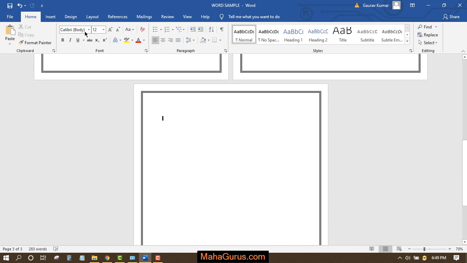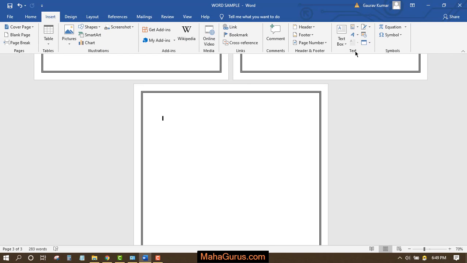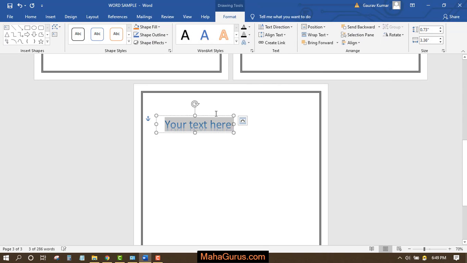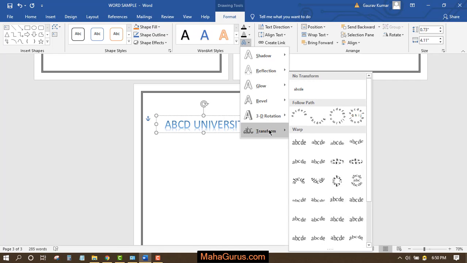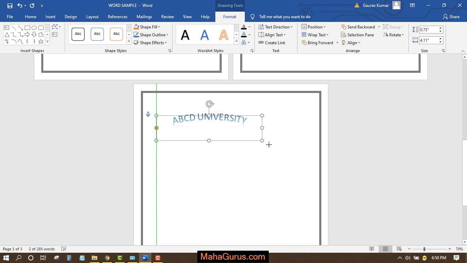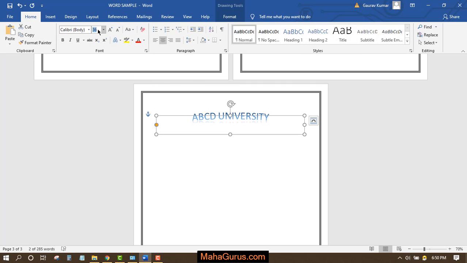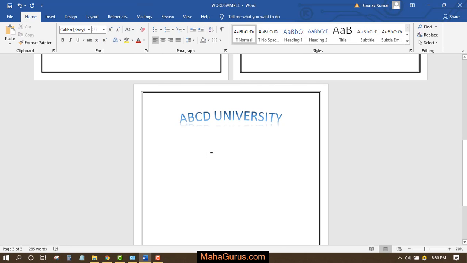So to enter your college name, click on insert, and here in this text box use this word art style, and for example I'll just write ABCD University, and just click here in the word art style, add transformations, and you can use this one arch. I'll resize it and little bit more size, and in the second line I will enter the session,